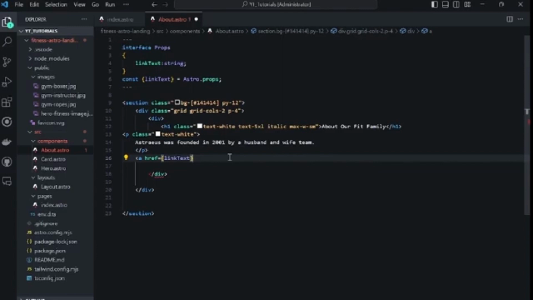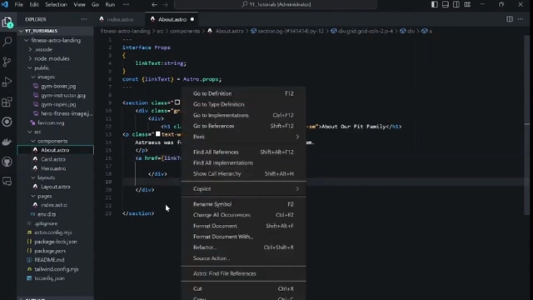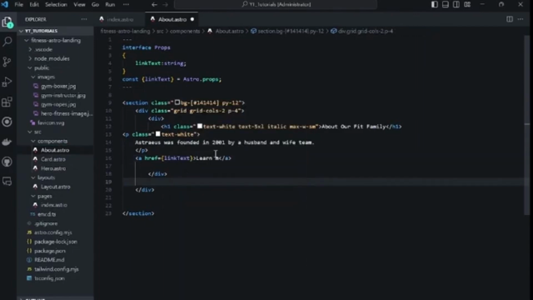And we'll add a class to it later, and we will actually put learn more. Okay, so learn more, and we will actually wrap this in another p tag,